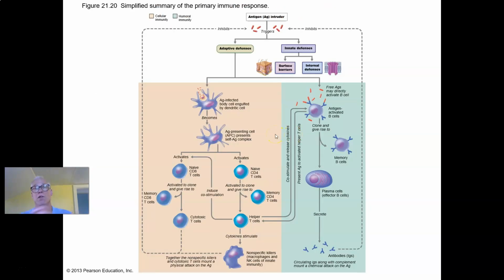Here's a summary of all the adaptive immune system responses that we've been talking about. So over here, we see an infection. We see some antigens coming into the body. We damage a first line of defense, and some bacteria get into the body. And we have inflammation happening. And we have some macrophages or dendritic cells gobbling up some foreign antigens, some bacteria, processing them. And there's probably going to be some dead white blood cells and some damaged bacteria and all kinds of debris hanging around. And the antigens from up here come wafting through the lymph fluid or other body fluids where the B cells are all lurking in their follicles,